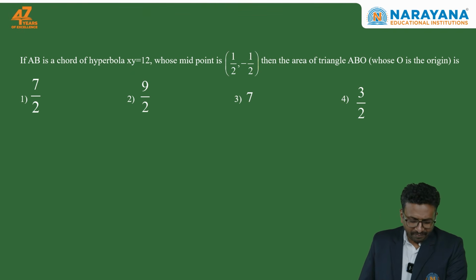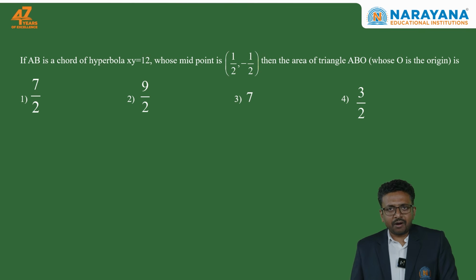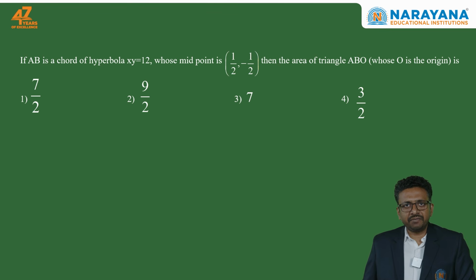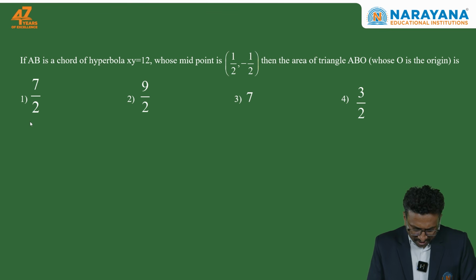Look at this question. If AB is a chord of the hyperbola xy equal to 12, whose midpoint is 1/2 comma minus 1/2, then the area of triangle ABO is equal to what? So this is a question from hyperbola. So first let us try to